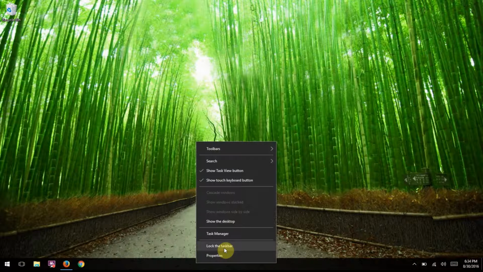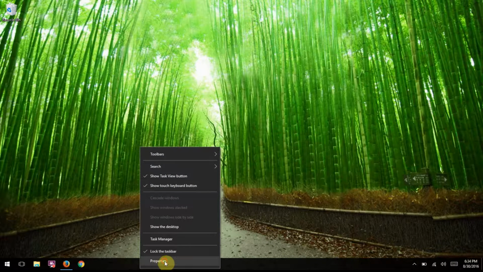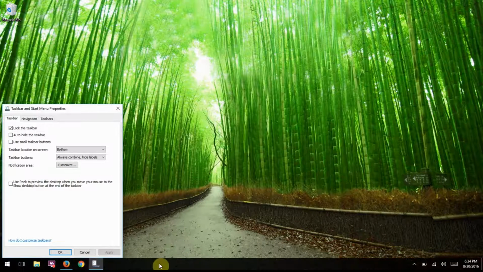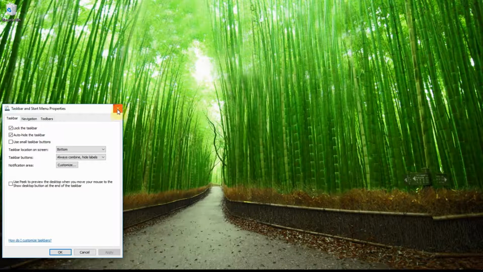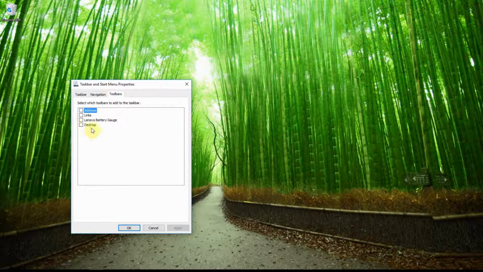In general, if you have it where you want it, you probably want to lock it just so you don't accidentally drag it. I can also go to properties and uncheck or check auto hide. If I uncheck auto hide, it is there all the time. If I check auto hide, then it disappears when my mouse isn't on it. Okay. If we go to navigation and toolbars, so a toolbar, let's say, is like the desktop or